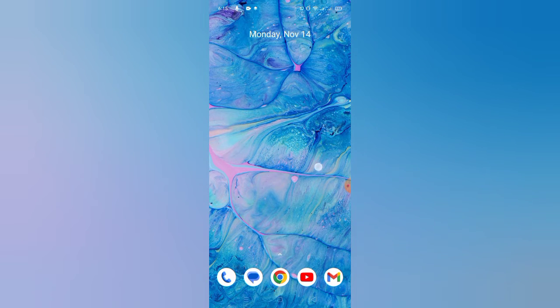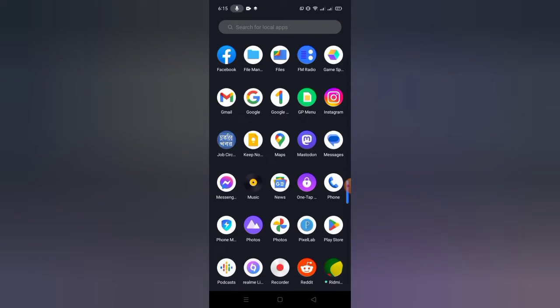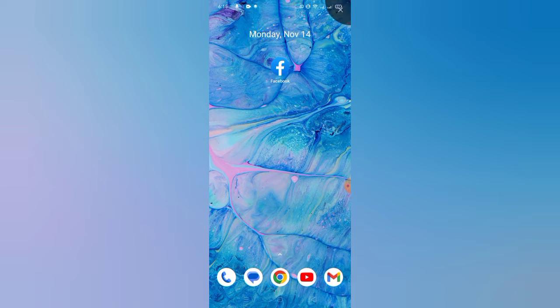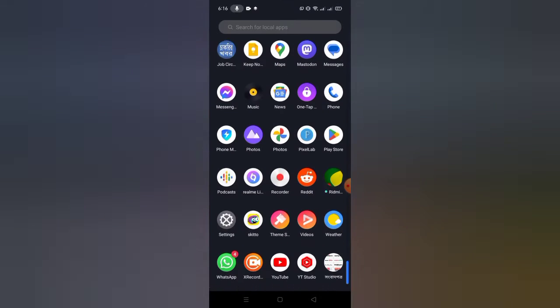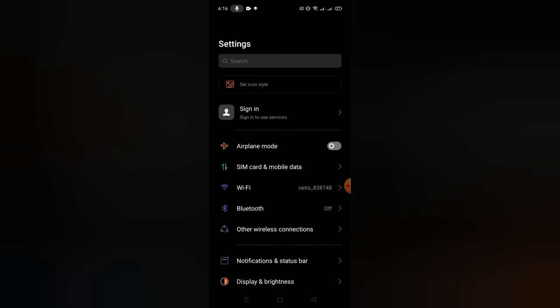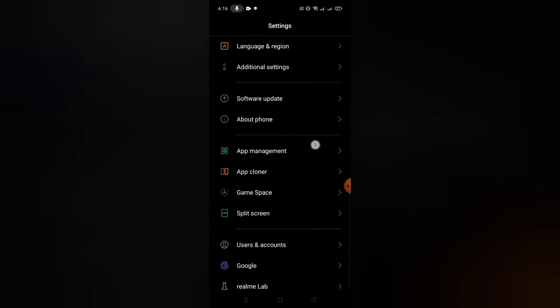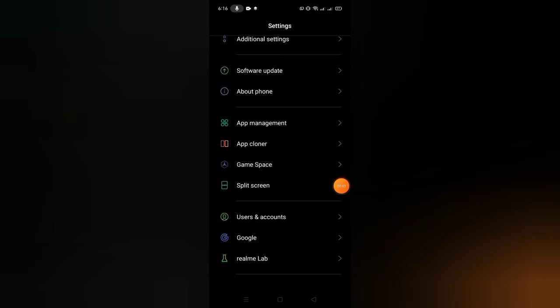So I'm just gonna bring the Facebook app on my home page to show you how it works. So you can see here is the Facebook app. So we need to go to settings now. So this is settings. So scroll down and here you can see app cloner, this one,